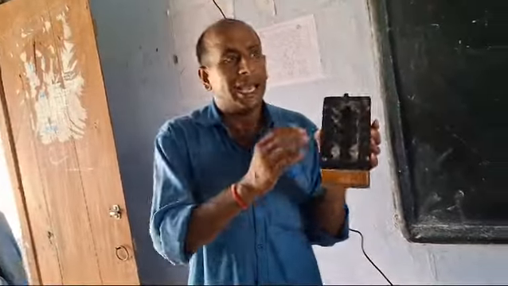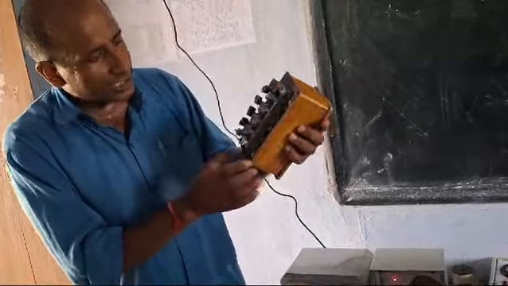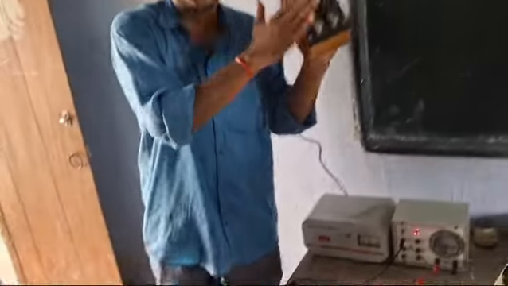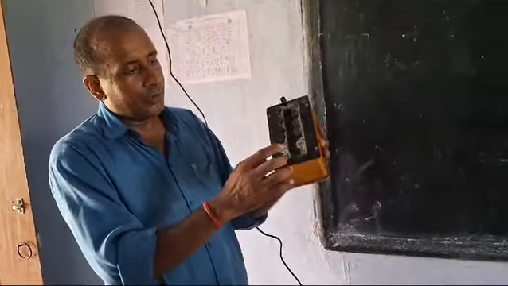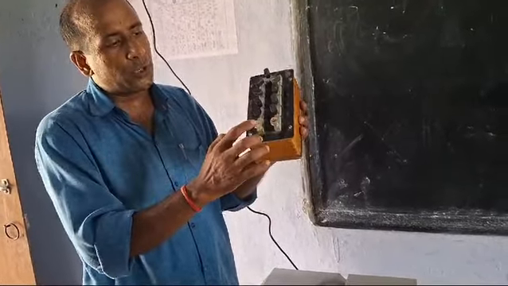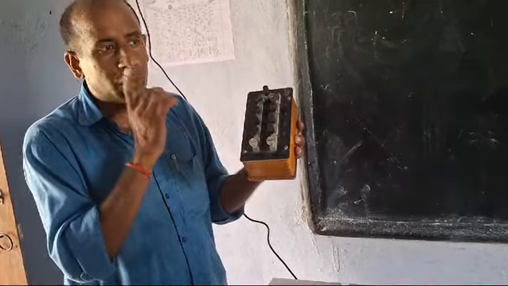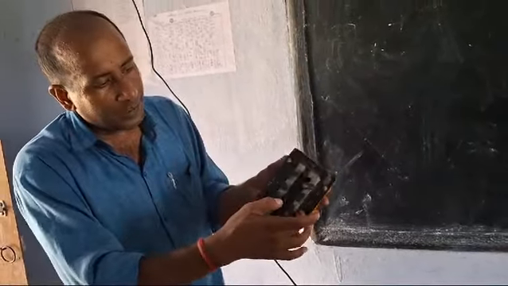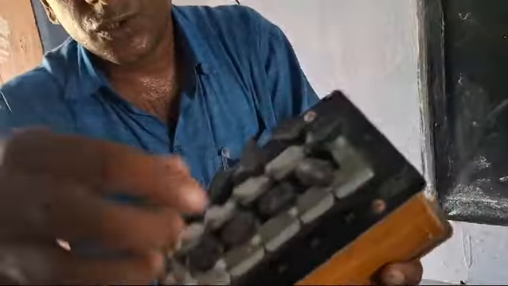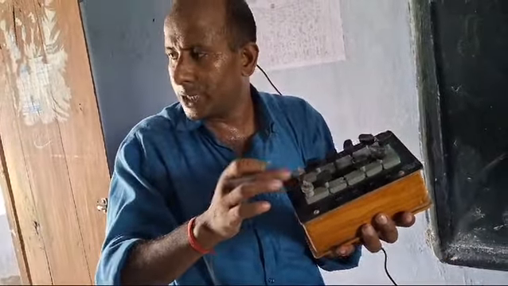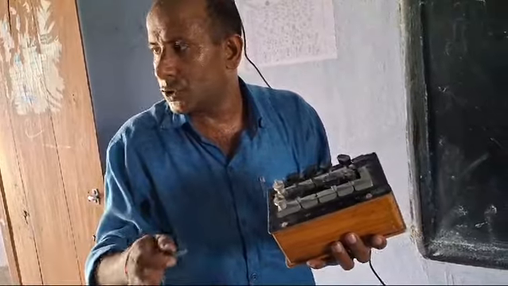This is a resistance box. We can have any resistance between 1 ohm and 100 ohm, so we can have the desired value. Suppose we want 50 ohm resistance between these two terminals. What do we have to do? This is calibrated, so we just find 50 and plug out 50. It will develop 50 ohm. Next day, in the next class, I will show you how it happens.